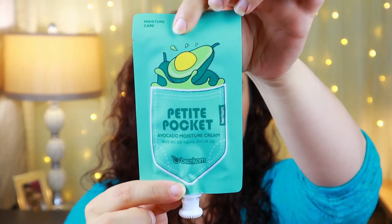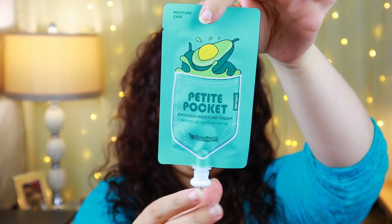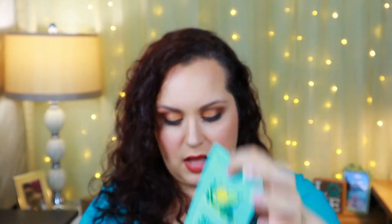Petite Pocket Avocado Moisture Cream. This is so cute. Look at this packaging. This is super, super adorable. It has like a little twisty here so you can open and close it, which is really nice. So this is